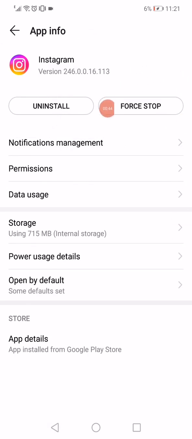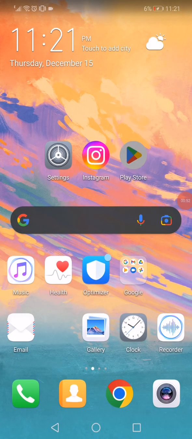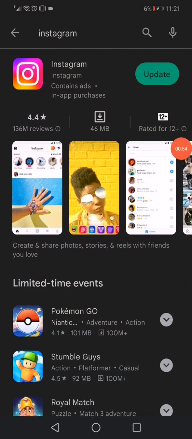Now click on force stop and then go to the storage, click on clear cache and clear data, and then go to the home page, open Play Store, search for Instagram and click on update. After click on update, the problem is